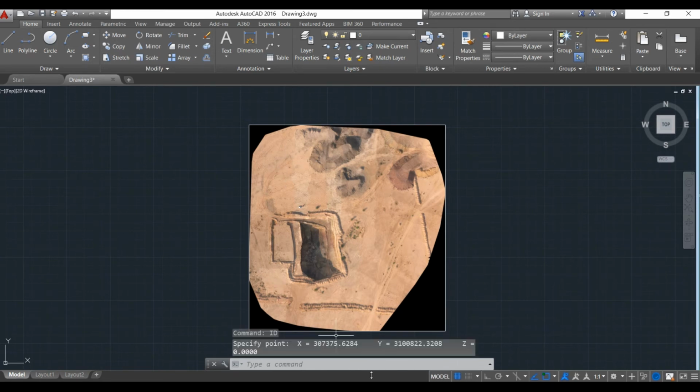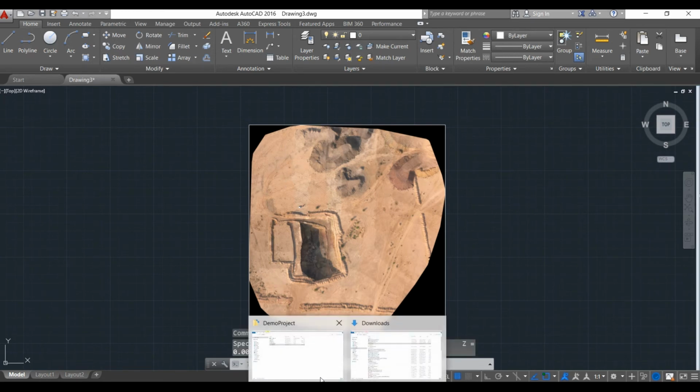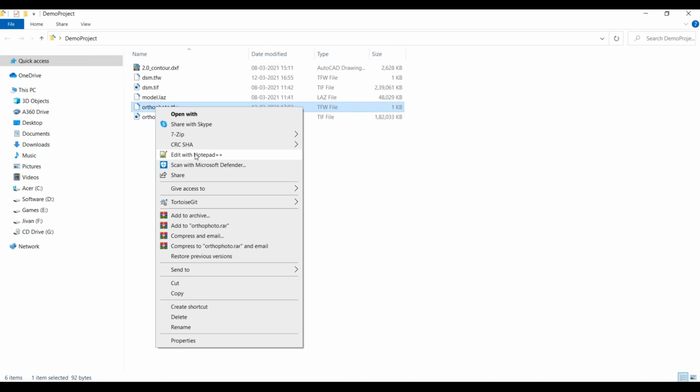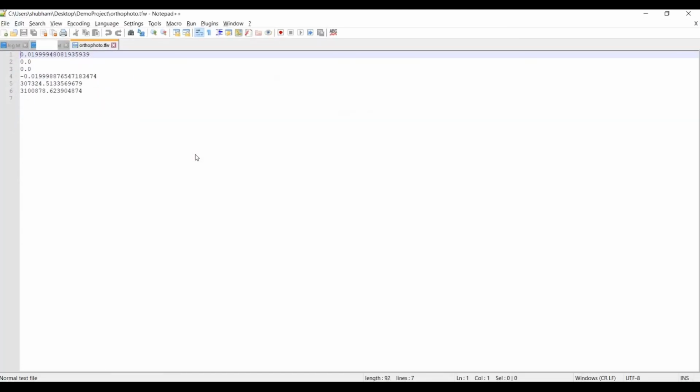So before moving further, I'll be briefly discussing the world file. If I right click on it and see the content of it, it contains 6 parameters. The first and the fourth parameter are the x and y pixels, and the last two parameters are the x and y coordinates.